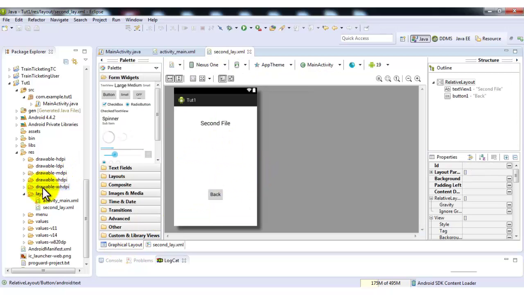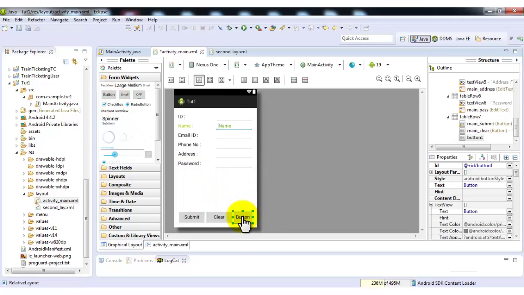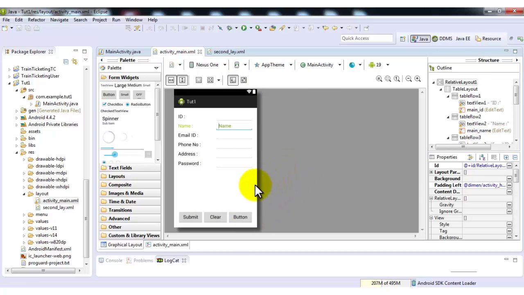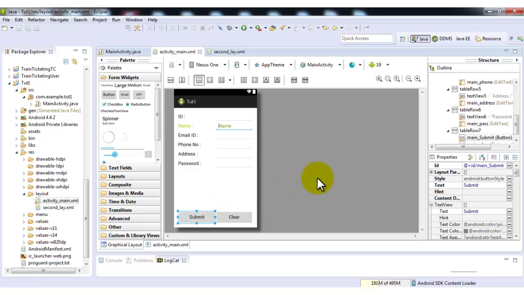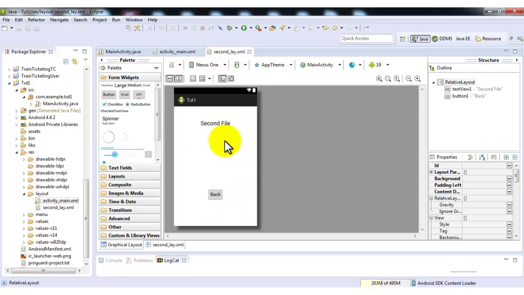Or else I will just send this file on a submit click, so no need of button. So I will directly send this page to the second page on submit click. So my second file is ready,